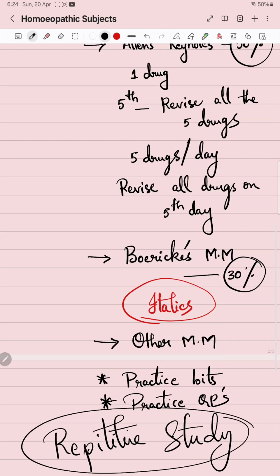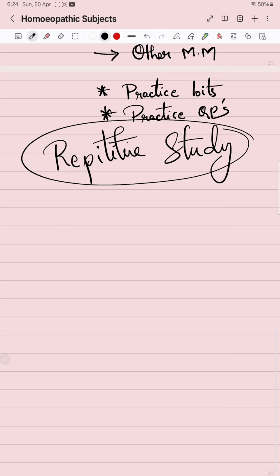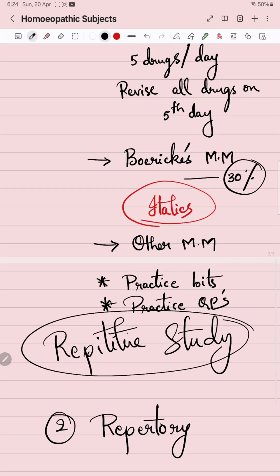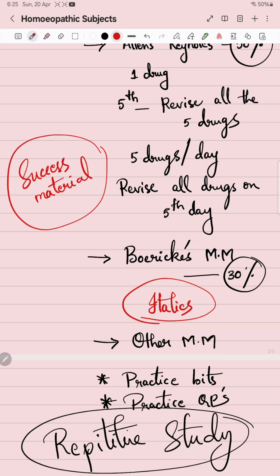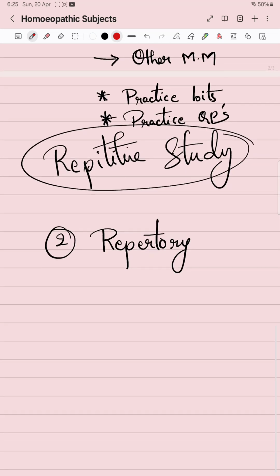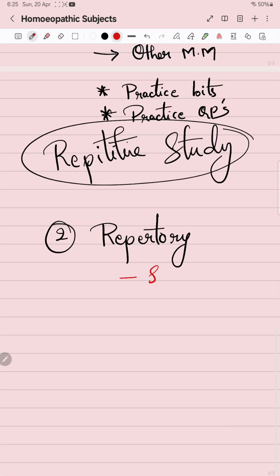Next, coming to repertory. One more thing I have to add, you can go through success material where it has a briefing of each and every drug. So, you can also go through other materia medica important lines which are repeated so many times in the previous question papers. And same in the repertory, go through success material